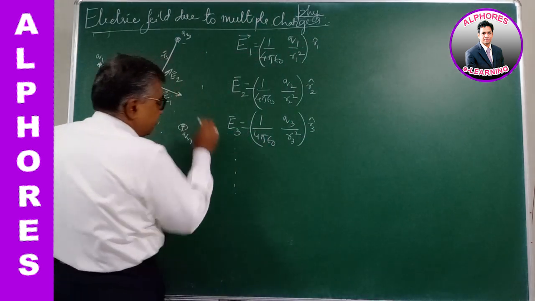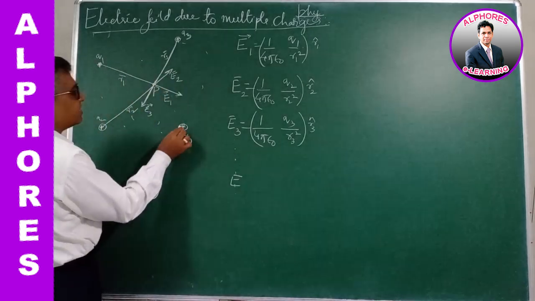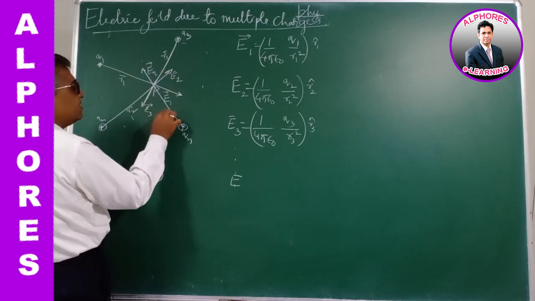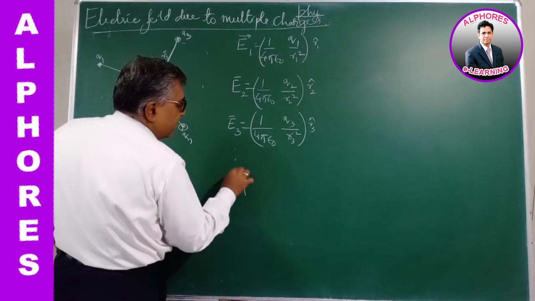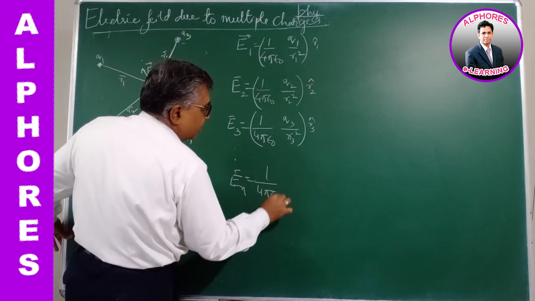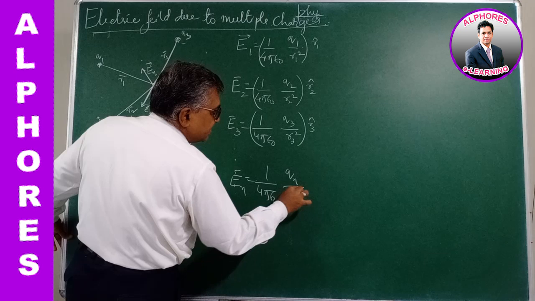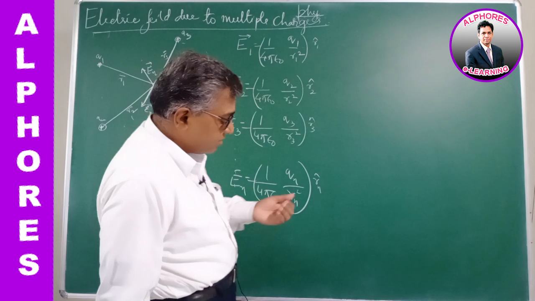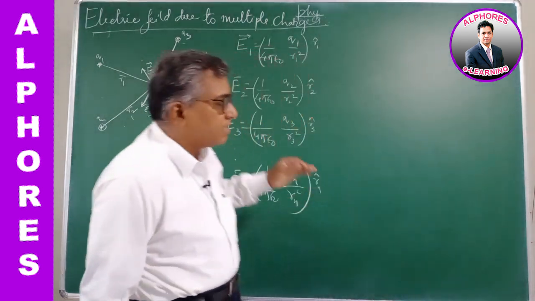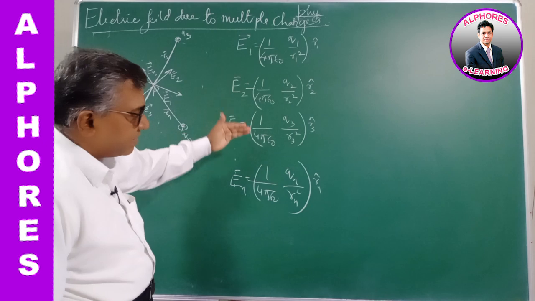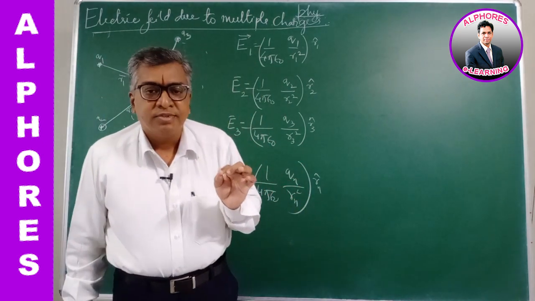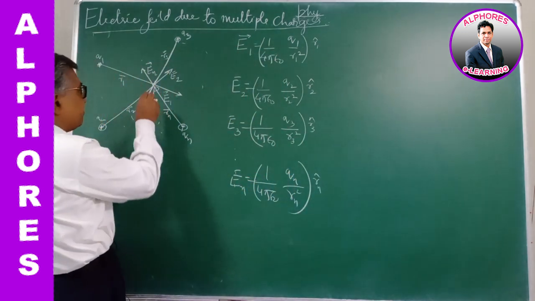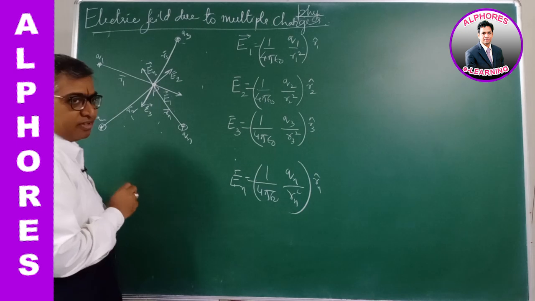And similarly, the electric field due to the nth charge, this is Rn bar. So En bar is equal to 1 by 4 pi epsilon naught Qn by Rn square, the magnitude, times Rn cap, the unit vector in the direction of this. So vectorially, we have found all the electric field intensity vectors individually, considering the charges as isolated point charges separately. Now we have to find the net electric field at this point.